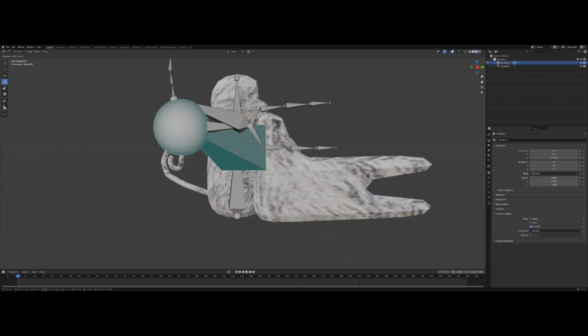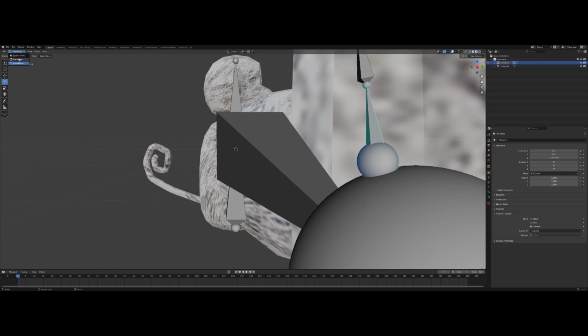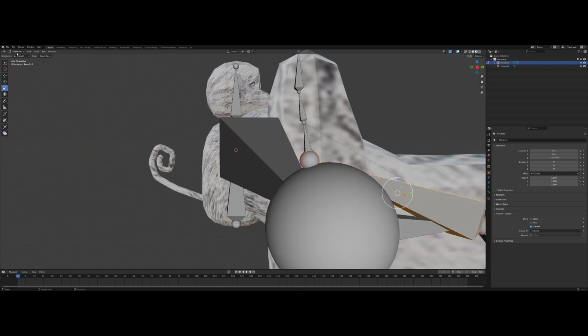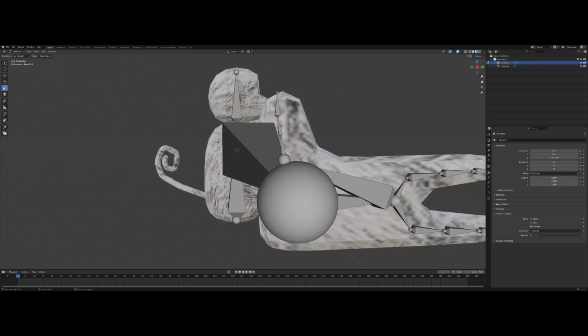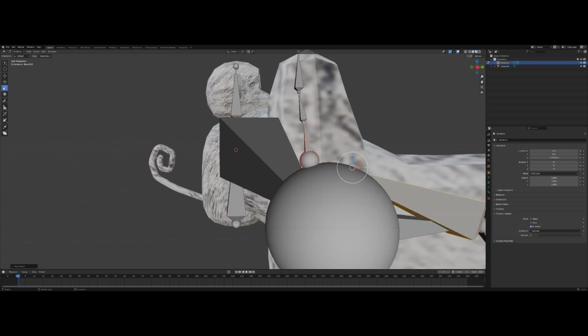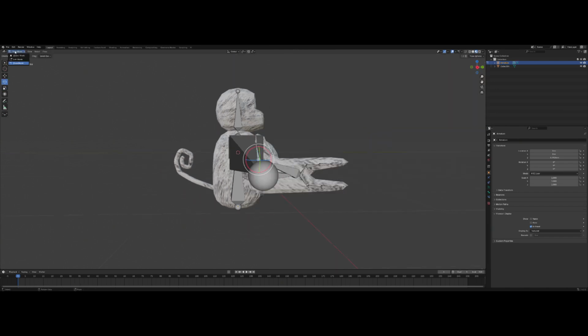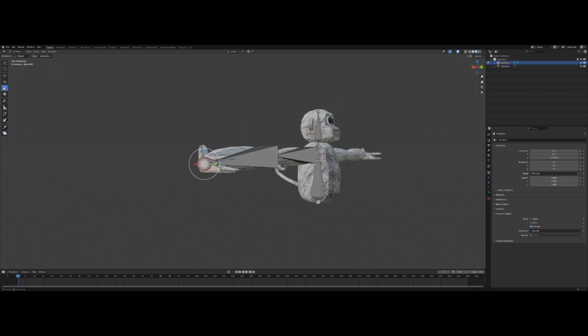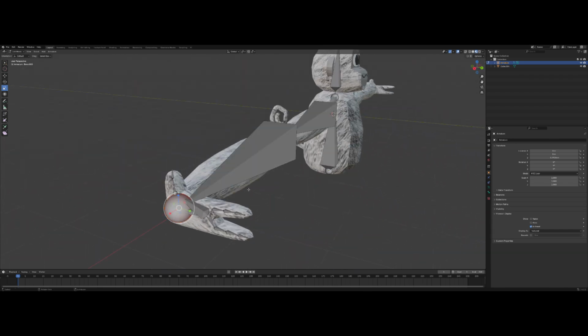Yeah, here, just fixing it, and I just had to fix the parent because I parented it wrong. I accidentally parented the wrist to the thumb when I was supposed to parent the thumb to the wrist, and I finally got it to work. So now,